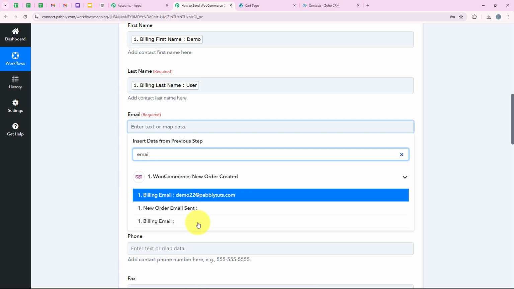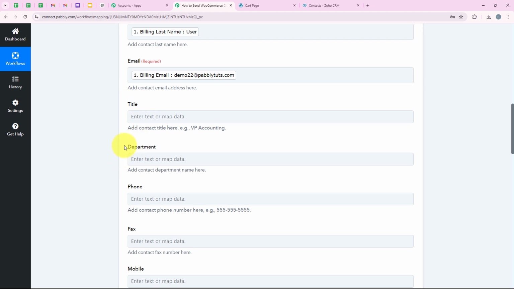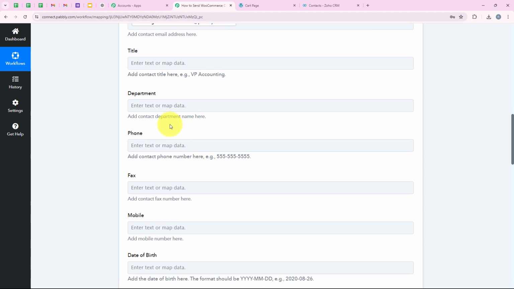I'm going to search for email, and as you can see the same, so we are going to map it. We are going to move on forward. It is asking me for the title and the department. As you can see, both of these are not the required fields, so I'm going to leave it as